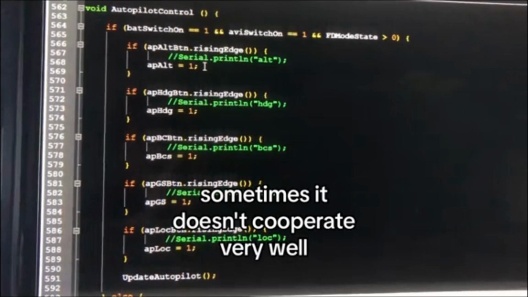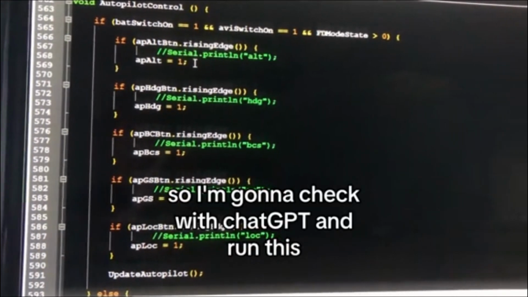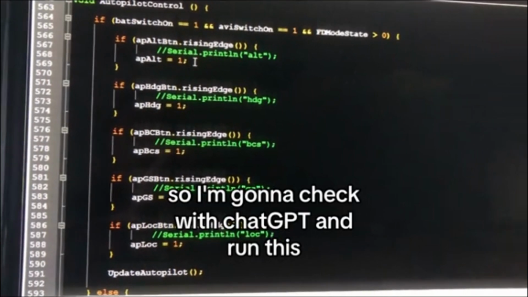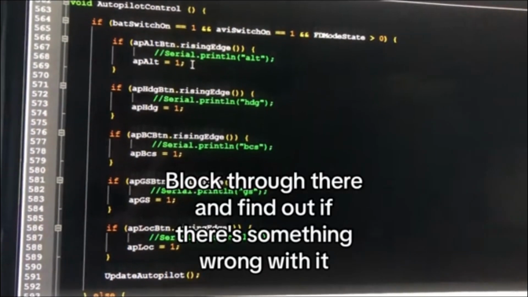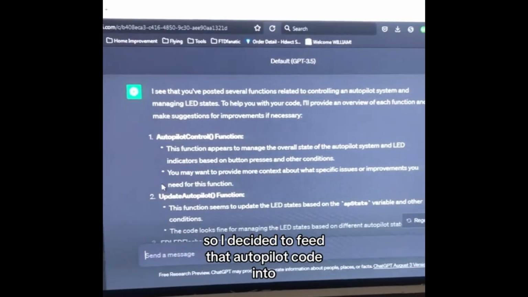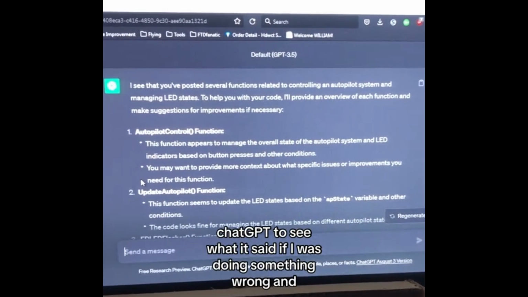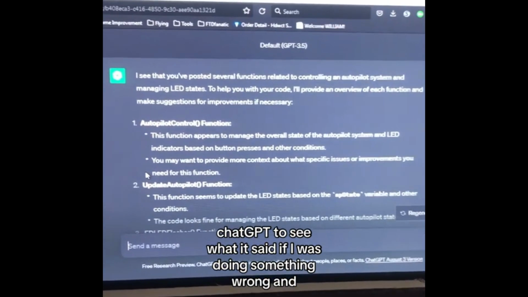Sometimes it doesn't cooperate very well. So I'm going to check with ChatGPT and run this block through there and find out if there's something wrong with it. So I decided to feed that autopilot code into ChatGPT to see what it said if I was doing something wrong. And